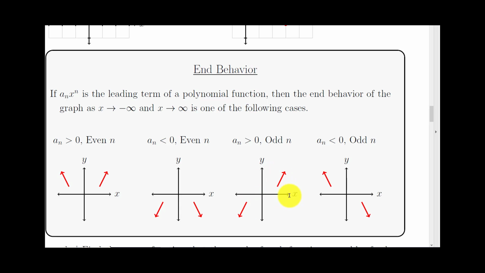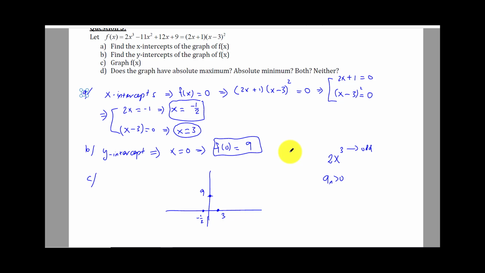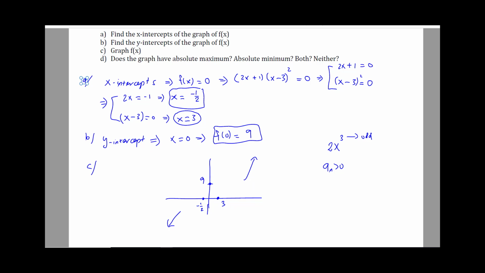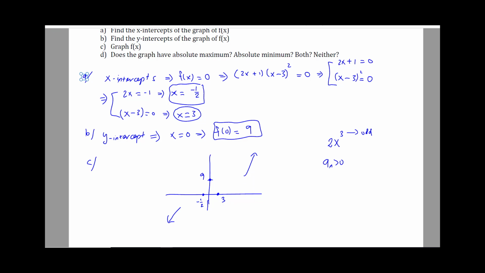If you are moving all the way to the right, it should be going up. If you are going all the way to the left, it should be going down. So I know that I should get something going up here, and then something going down this way. Right. So after I figure out the end behavior, the next step is, in order to graph this polynomial